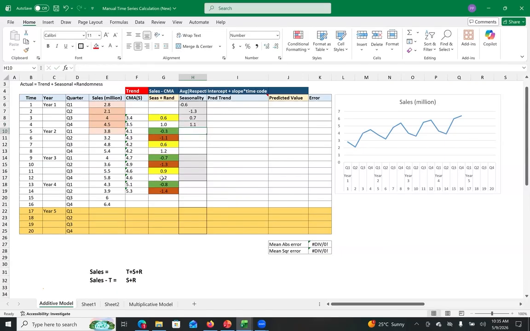Okay. The next part is easy. All I have to do is just repeat the values. The seasonality component will just repeat itself. So once I've calculated these four values, all I have to do is copy paste, copy paste, copy paste. Clear? Can you please do it yourself once? And if it is not clear, let me know.